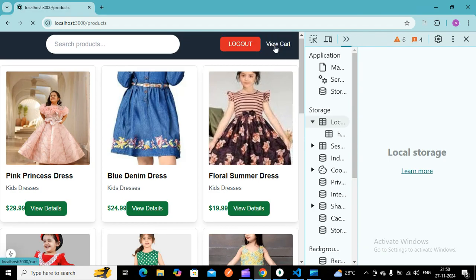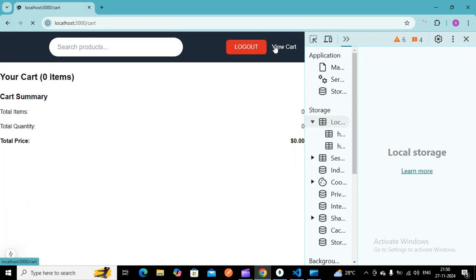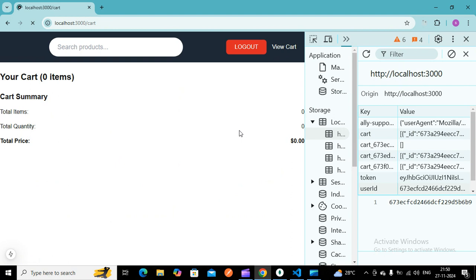If I go to this particular view cart, you will see there is no item in the cart. So whenever you are adding products to the cart, it is specific to the particular user.